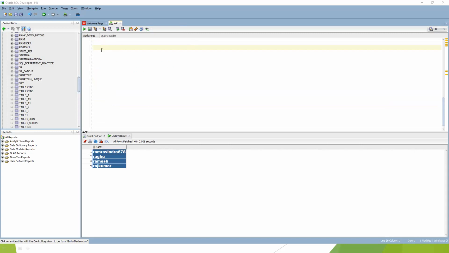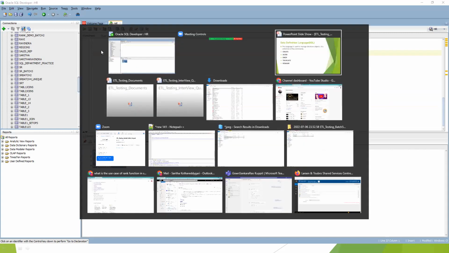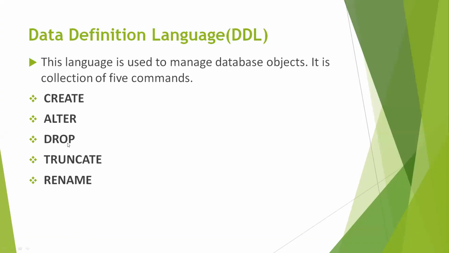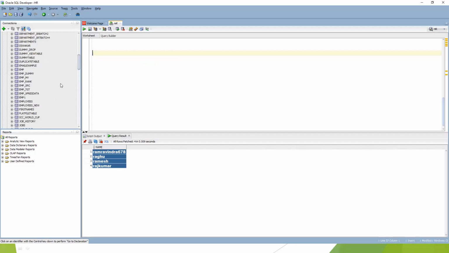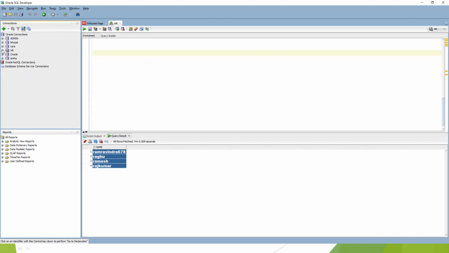Now, sir, you were mentioning create. You are creating, altering, dropping, truncating, and renaming. Sir, what is create? First of all, let's understand this. Whenever you create a new connection,